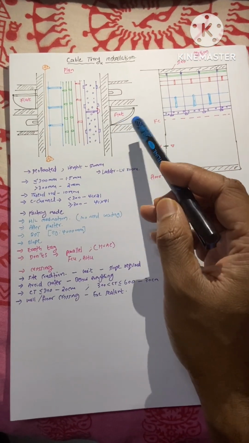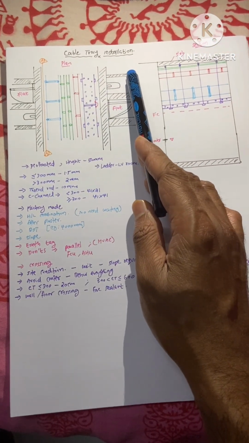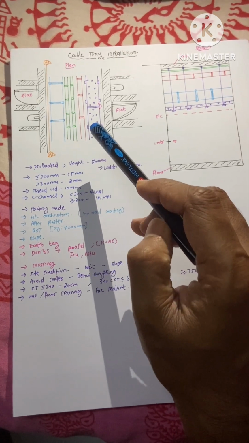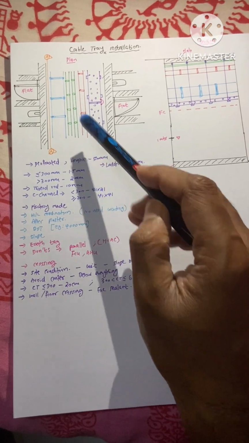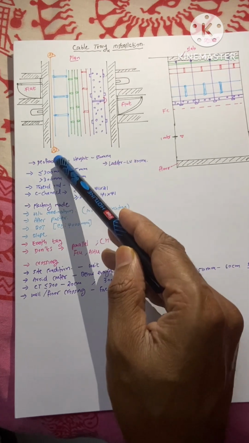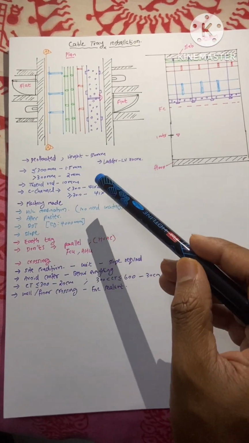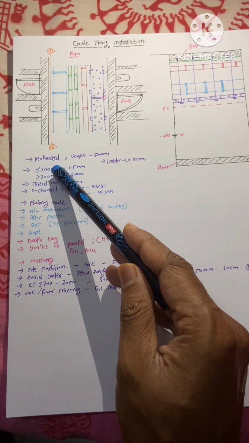Today's topic is cable tray installation. It is the plan view of a corridor in a residential building, and when we view from this area to here, we get a section like this, and what type of cable trays we are installing, and what is the